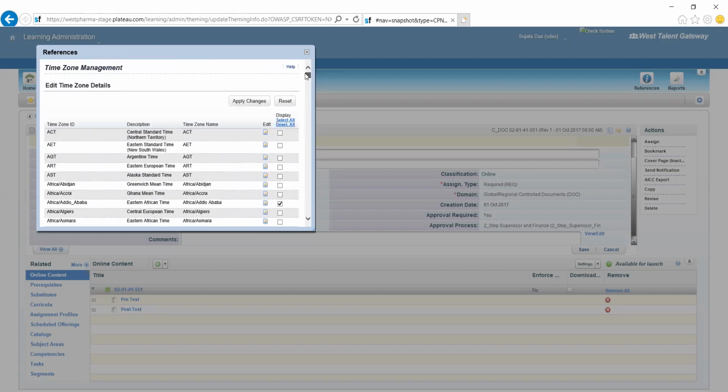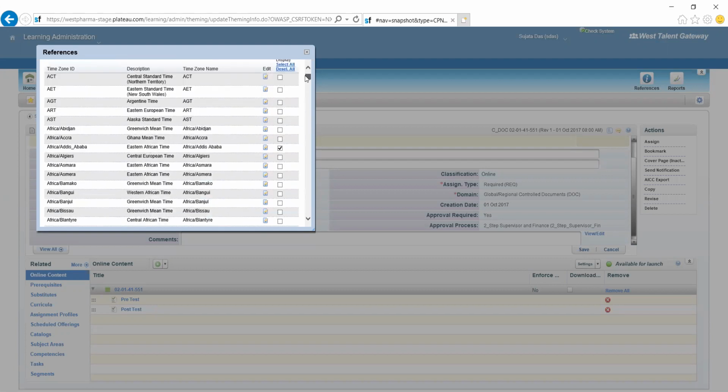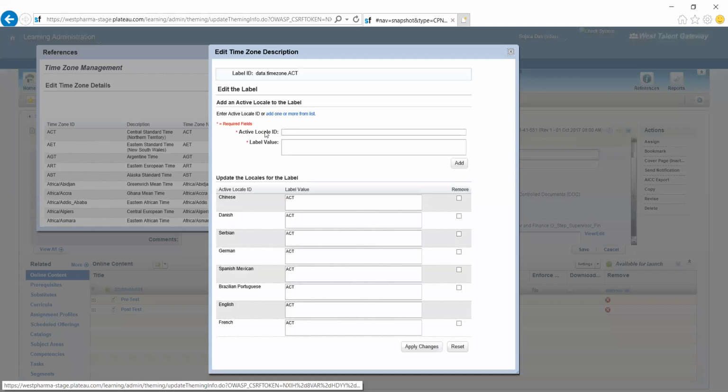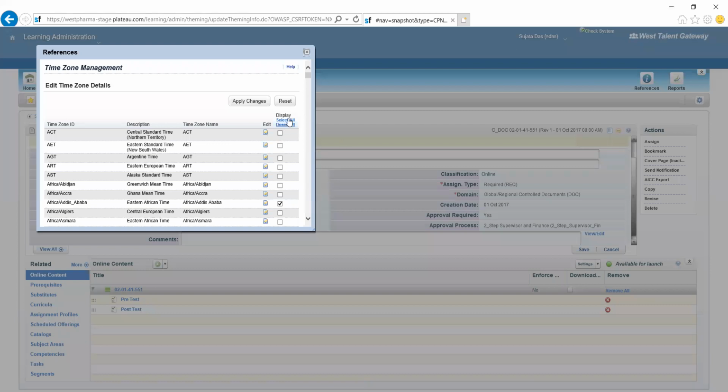So only the specific time zones you take here, and there is no option to delete a time zone. What you can do is only change the display. It is not recommended to make any changes by editing. If you go to an individual time zone, you don't make any changes here. It is just the standard configuration. You don't change any label or anything. Suppose you don't want a specific one, you just change the display. In the last column, there is a display section.